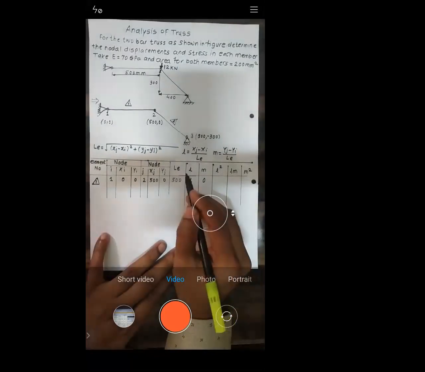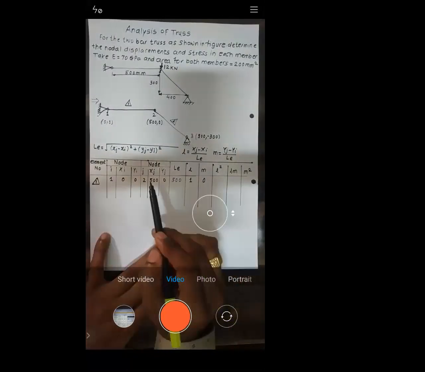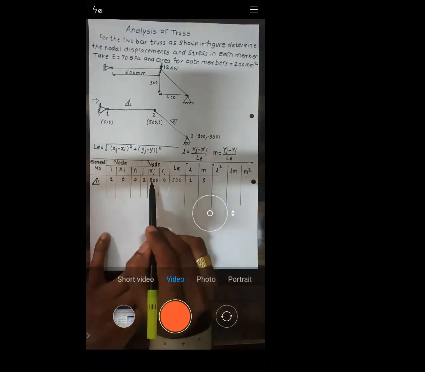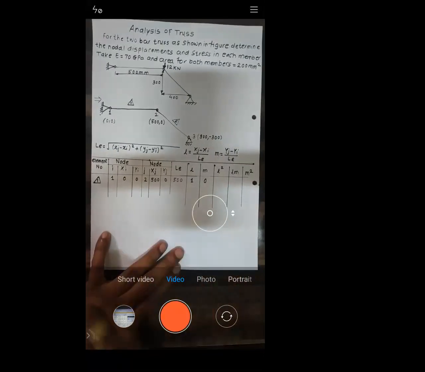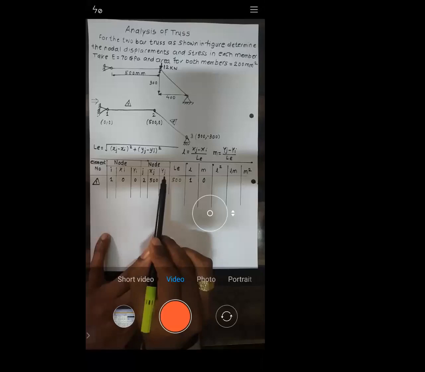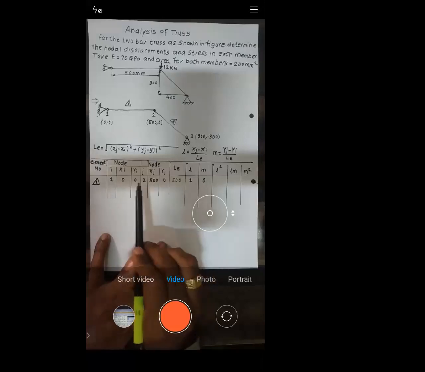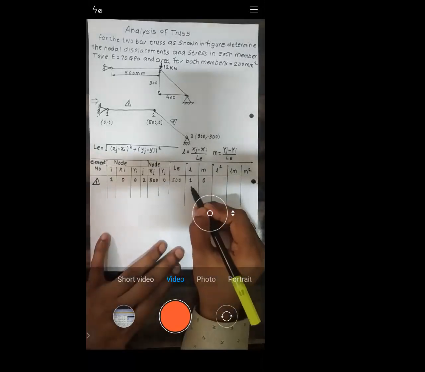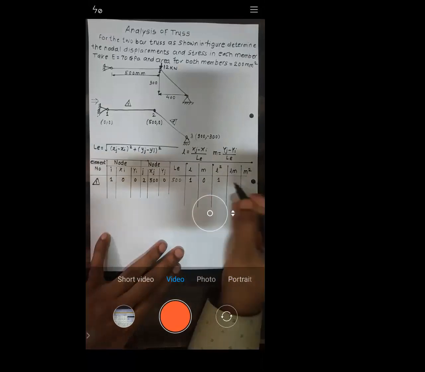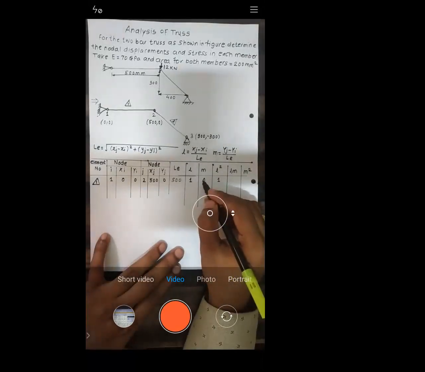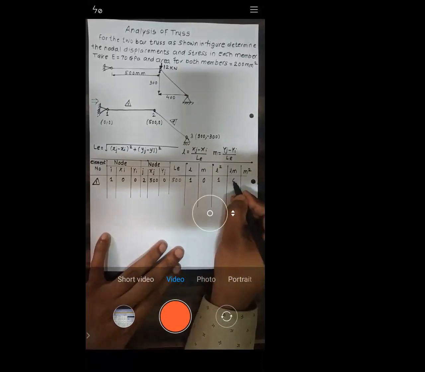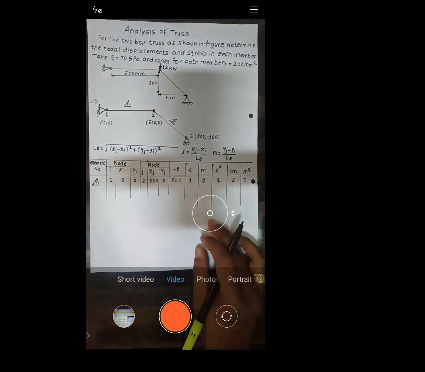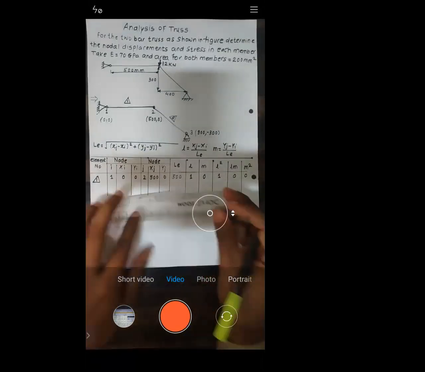So L it is xj minus xi by le. See this xj is 500 minus xi is 0 by le. It's again 500. So 500 minus 0 by 500 it's 1. Then m it is yj minus yi by le. Yj is 0. 0 minus yi. It is again 0. So 0 minus 0 by 500. So it is 0. Next L square. What is the square? 1 square is 1. Okay, then L into M, that is 1 into 0, it's obviously 0. Then M square, that is 0 square, it's 0. Is it okay? Is it okay with this one or not?